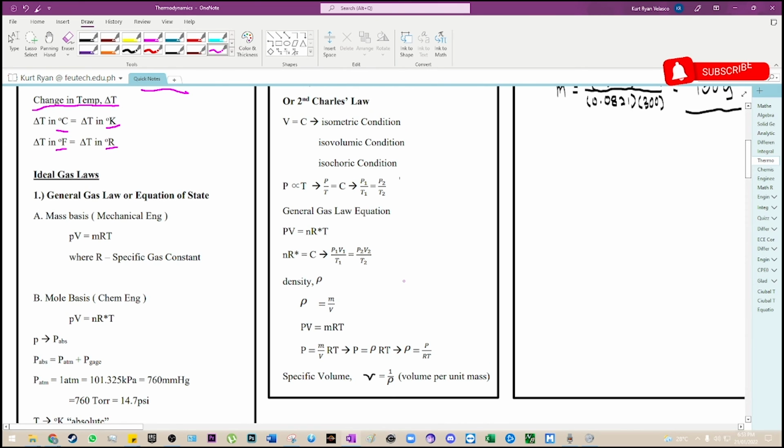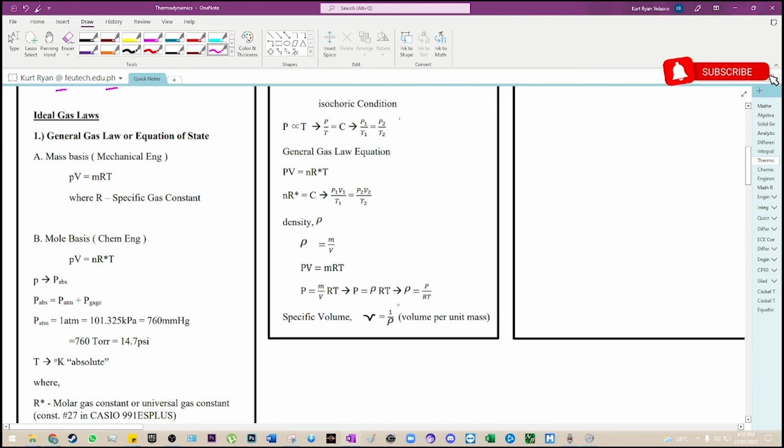Okay, so for the density, in this case, this is a volume density. The symbol that I will be using for that is rho. So volume density, or rho, is equal to m over V, or mass over volume, of course. Now, from the original equation, we have PV is equal to mRT, right? If I cross multiply the V from the left side to the right side, you'll have P is equal to m over V times RT. Now, m over V is rho, right? So you can have here that pressure is equal to rho times RT,